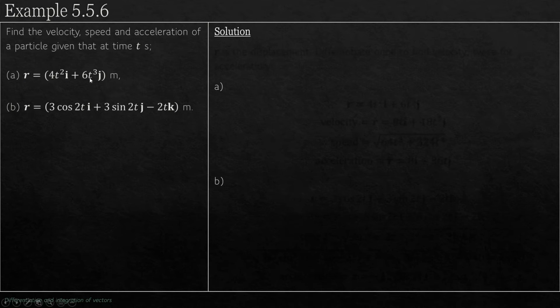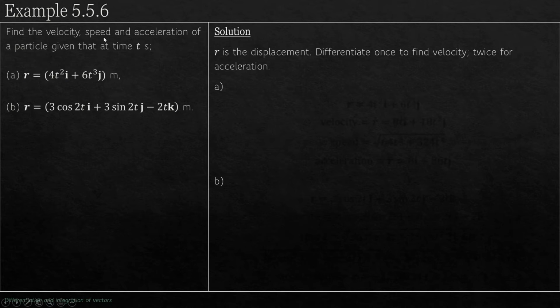So r is the position vector, or you might call it the displacement. We're going to differentiate once to find velocity, twice to find acceleration, and we mustn't forget to also find the speed as well, because that's what the question wants. So for part A, differentiate once,